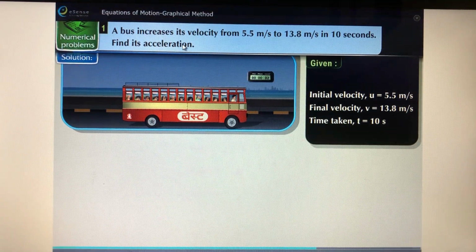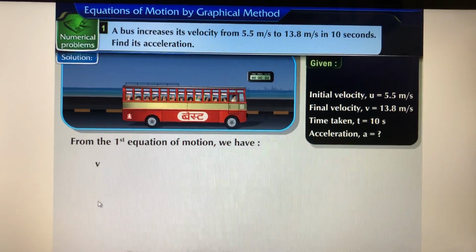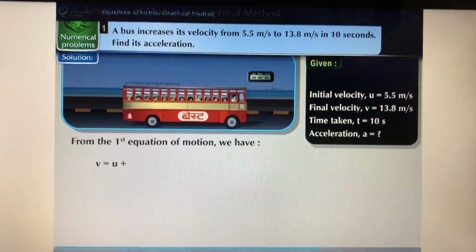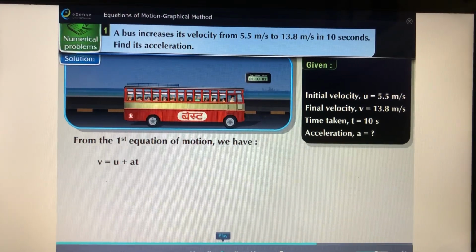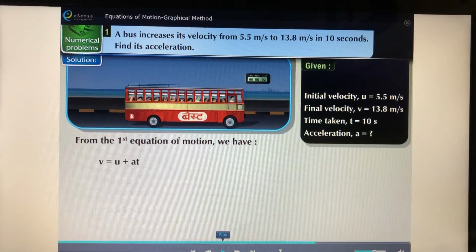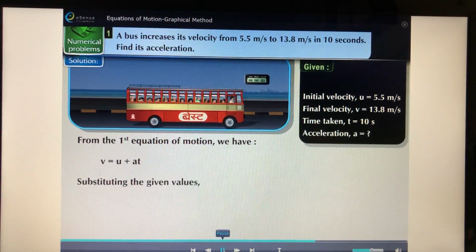Find its acceleration. Just use the formula a = (v − u)/t. To find acceleration a, from the first equation of motion, we have v = u + at. Sorry friends, do not do this; do it as Deepak Sir says, please. Write down the formula a = (v − u)/t. Substituting the given values, we get